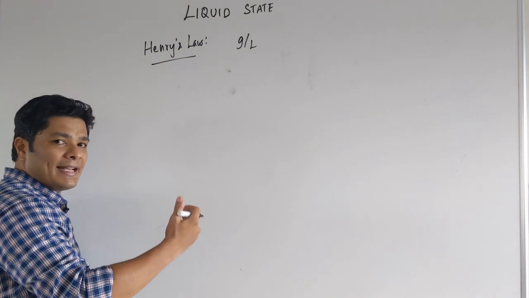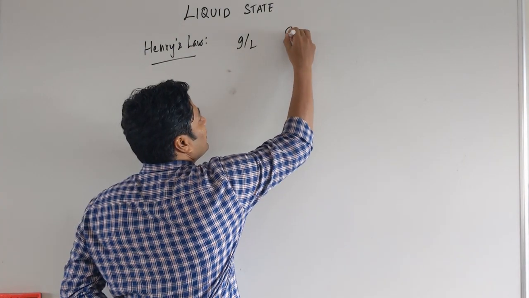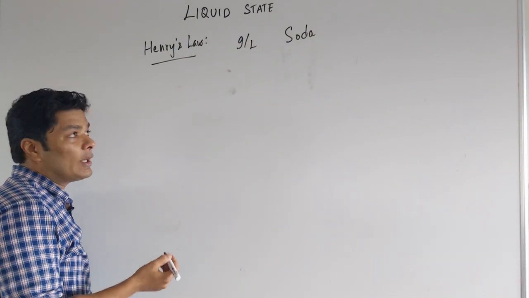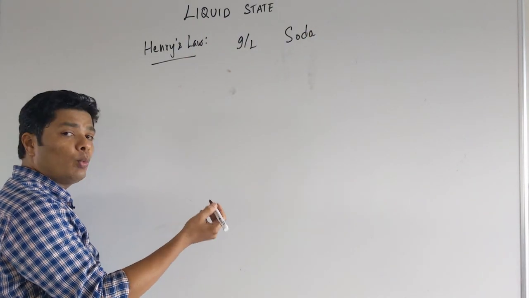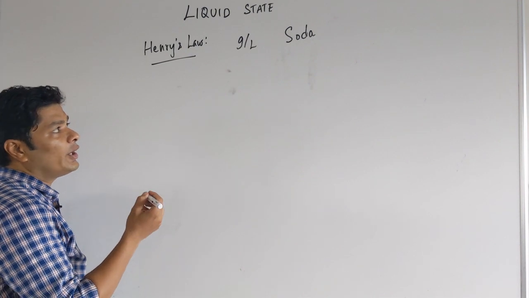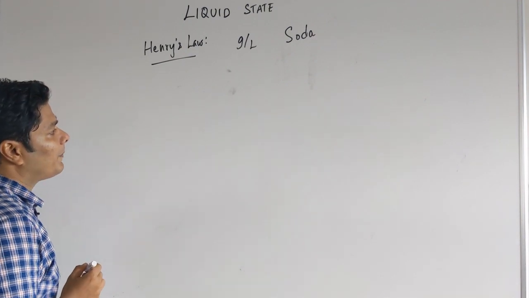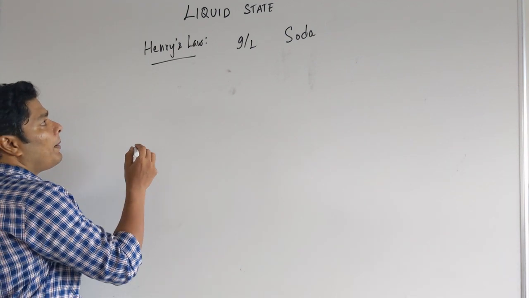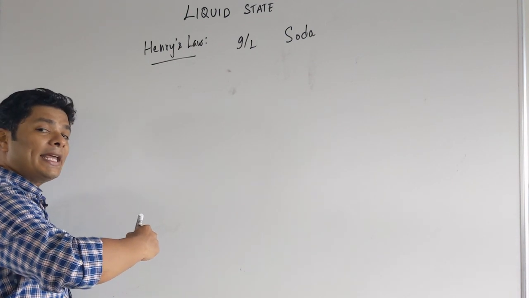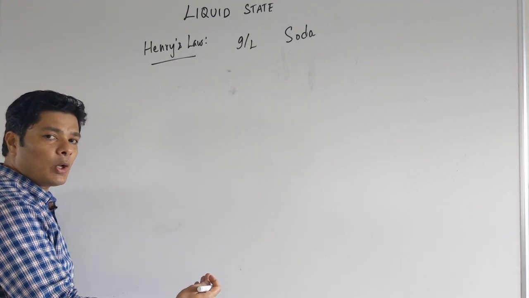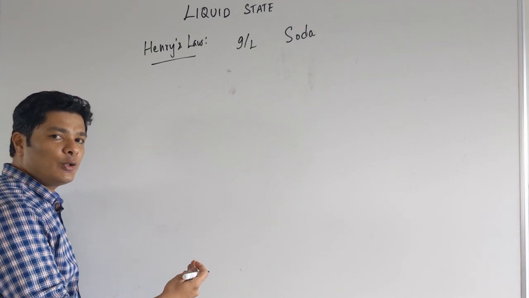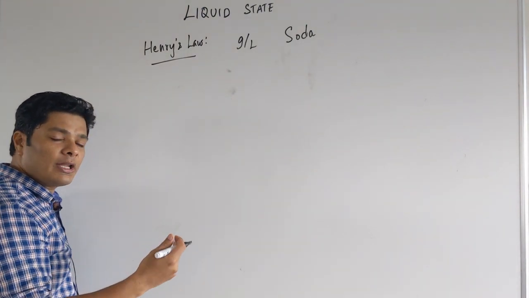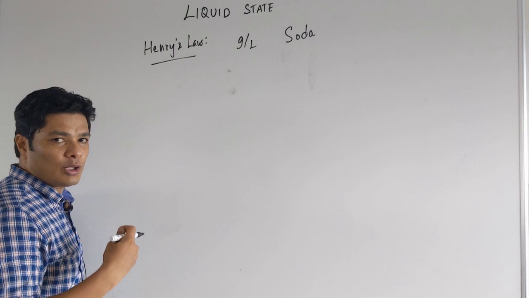So, instead of remembering gas and liquid, remember for example your soda. It doesn't matter whether Coke or Pepsi or plain soda, you are going to have gas and liquid, carbon dioxide and water. That is what is going to be our example for Henry's law. Now, what all can we do with it? How much carbon dioxide, or the gas, can go into a given liquid? It will depend on the nature of the solvent and the nature of the solute. The solute is a gas, the solvent is a liquid. If the interaction is more, they will be more soluble; if the interaction is less, they will be less soluble.